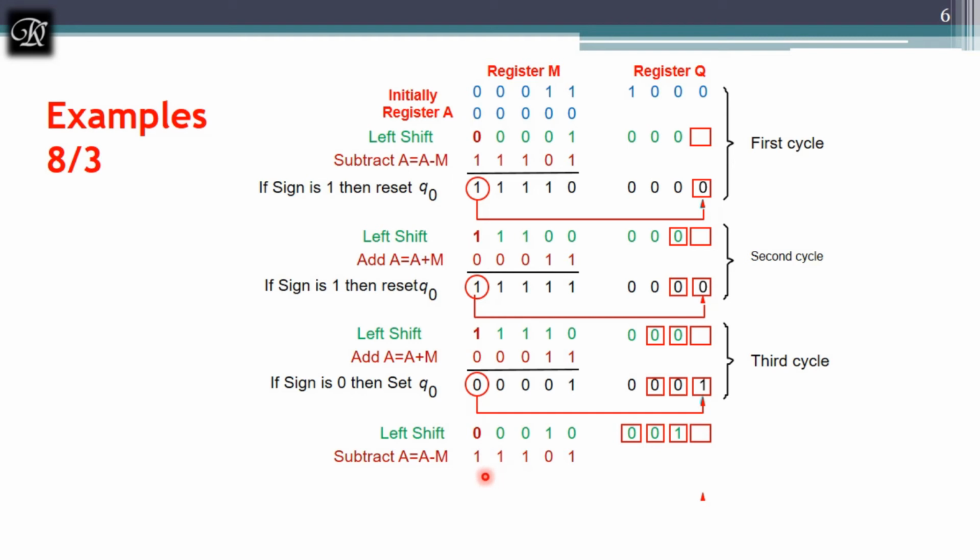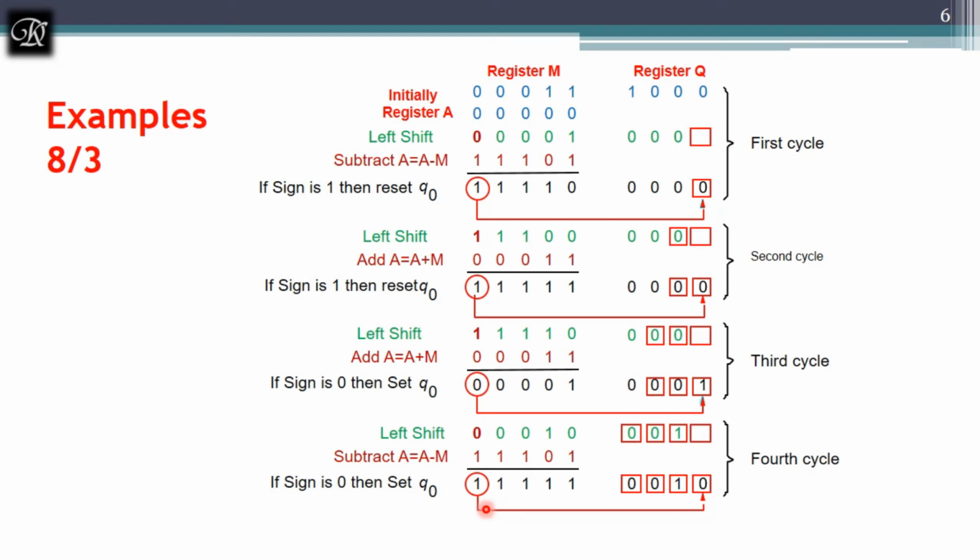So now when I perform a subtract operation, this is positive 2 minus 3, it is minus 1. I got minus 1 over here. All these are in 2's complement. The negative values are represented in 2's complement and positive values are represented in normal form with a sign bit. Now let's see what to do. The sign bit of A is 1, so the inverse of this will be placed in the Q0. And now I am going to finish the 4th cycle.